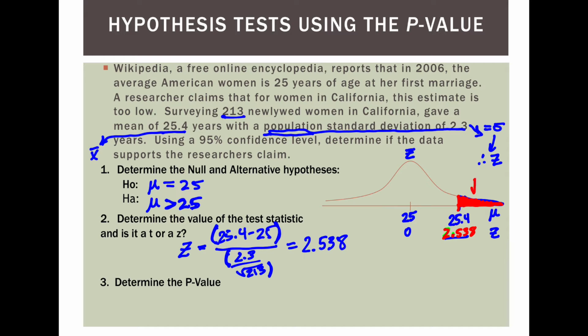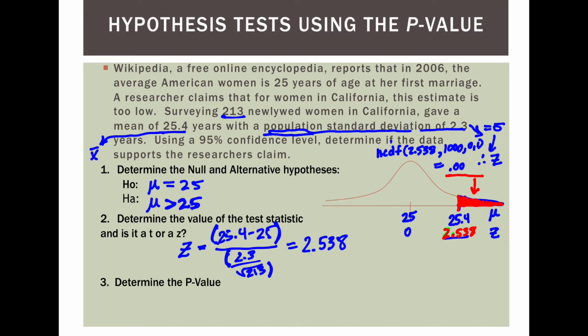Now, how far it is and whether it's significant enough for us depends on what the probability is of this occurrence. The p-value tells us the probability. This is a z-curve, and so I need to use normal CDF in my calculation of the p-value. We're going to go 2.538. Notice I take these to 3 decimal places. That's usually a good amount. Comma 1,000, comma 0, comma 1. And this will give me my p-value, which is